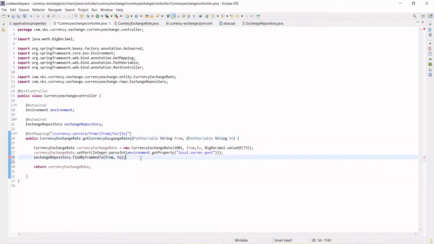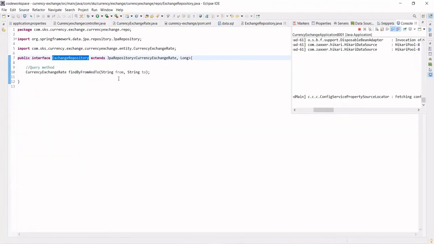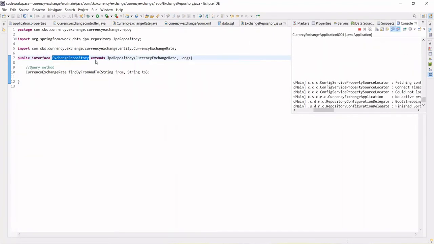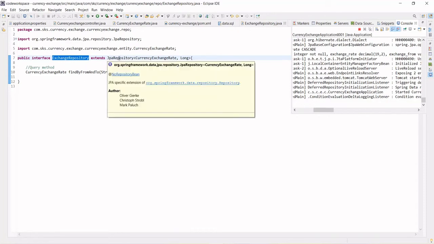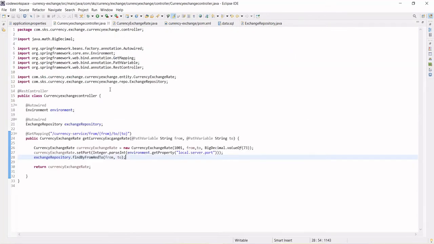It should call this, and this will go to the ExchangeRepository, and from there it will call the JpaRepository, and all the backend things will be done by Spring Data JPA. This is the magic of Spring Data JPA. You don't need to write the JDBC template query; all these things will be taken care of by the JPA repository.